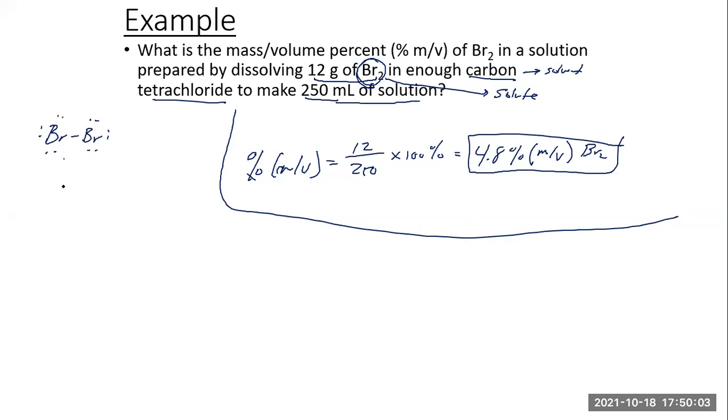This is a non-polar molecule, which basically means that it is going to use dispersion forces as its main way of interacting with other molecules. And if we wanted to use something like water as our solvent,